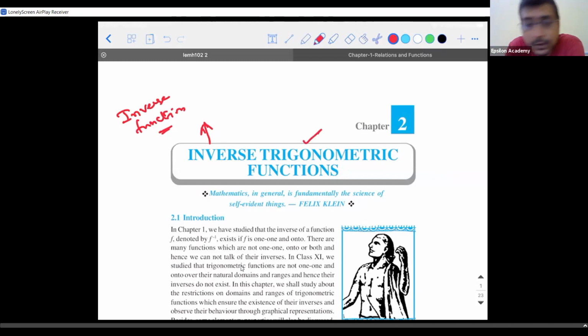So here you are using the words trigonometric functions. If I remove this word inverse, we have already studied trigonometric functions in our 11th standard. So what did you deal with there? What was our main concentration in trigonometric functions? Can someone tell me? You were concentrating on some identities, like sin(a+b) = sin a cos b + cos a sin b. You concentrated on identities, like sin 2x, cos 2x, and all those things, right?